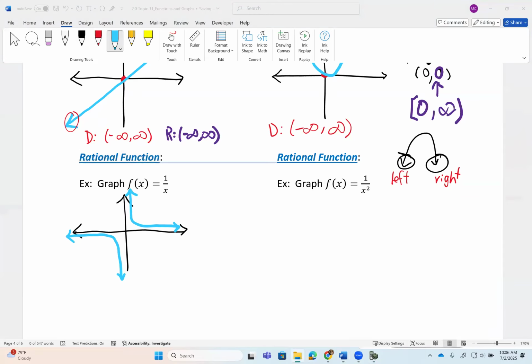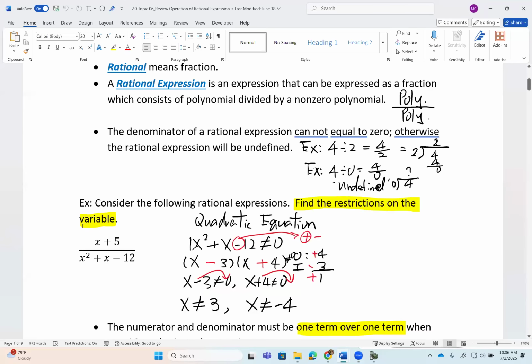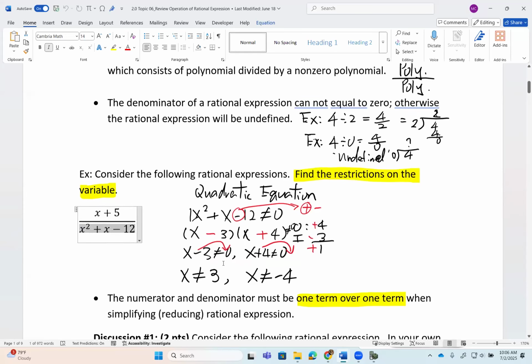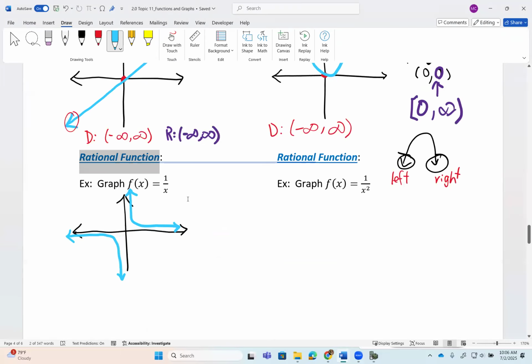Let's go back to look at this rational function. Topic number 6, the very first thing when we talk about rational functions is this thing called the restriction on the variable, right? Set the denominator not equal to 0 and solve for x. Okay, it will tell me what my x cannot be, because I do not want my denominator equal to 0, because if it is, the whole thing becomes undefined. Okay, that was called the restriction on the variable, but in reality, it's called the restriction on the domain. Restriction on the domain, what x cannot be. This denominator cannot equal 0,